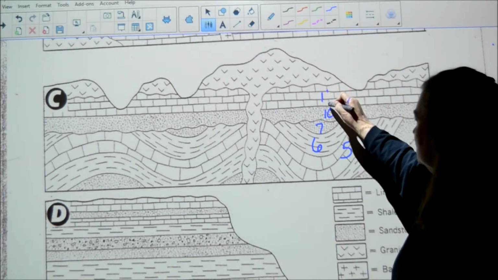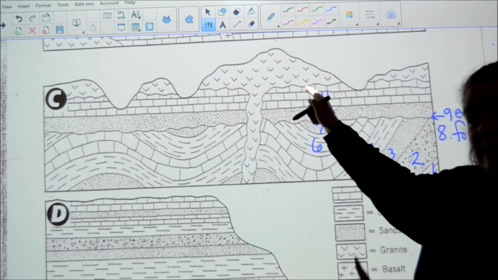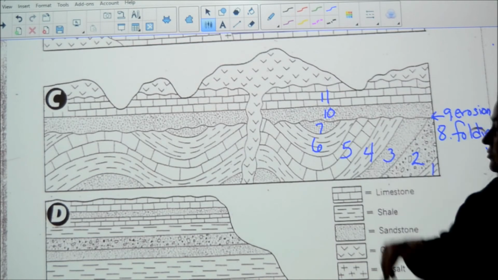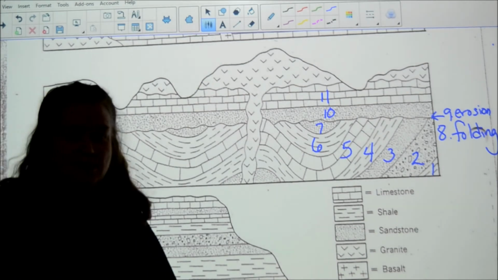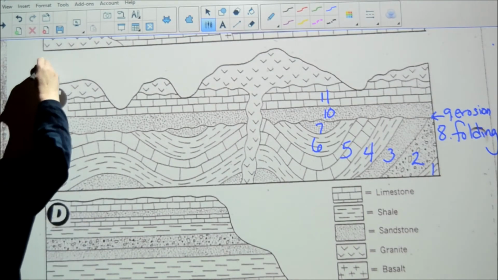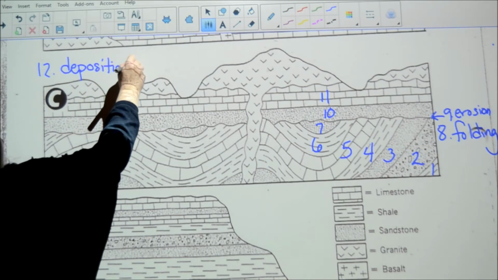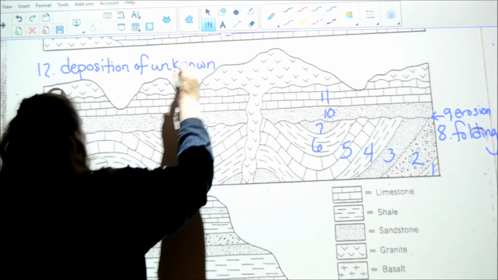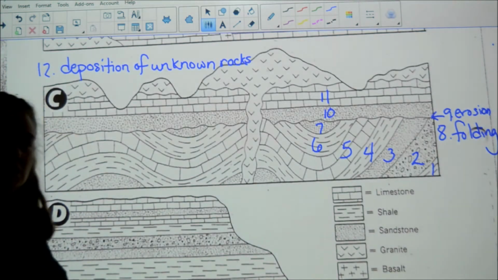Then I have limestone. One would think 12, granite, I'm good, I'm done. Here's the problem, remember, granite's intrusive, so it's deep underground. So I had to have something above that before the granite. So number 12, you don't know what rocks were deposited above. So we're going to say deposition of unknown rocks. Okay, lucky number 13